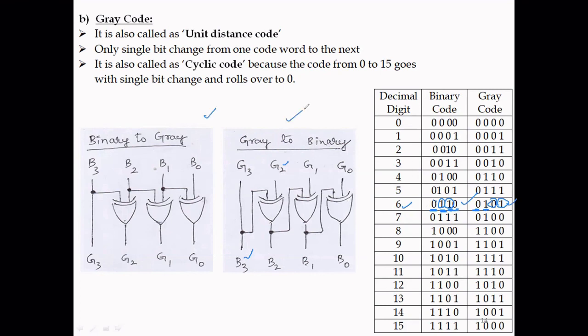So remember these two diagrams, they are important. As a conclusion, for binary to gray, the MSB is taken directly, and these pairs are XORed to get the gray code directly. For gray to binary, this is the gray information we need to convert into binary: the MSB is taken directly, this MSB and G2 are XORed to get B2, this result and G1 give B1, and B1 and G0 XOR give B0. That's all about gray code conversion, binary to gray and gray to binary.